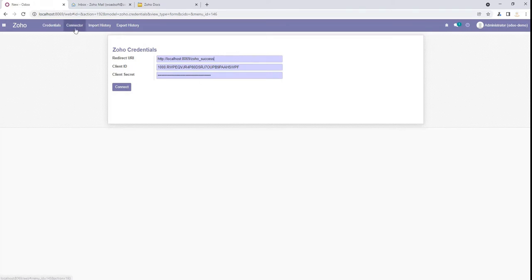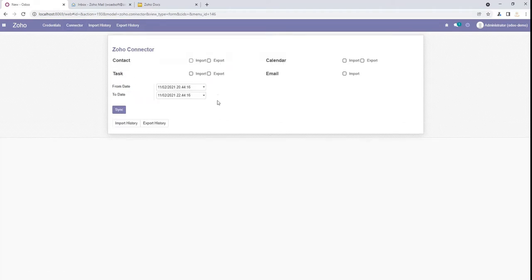Next we move to the connector menu option. We have a few menu options, or we can say some of the Zoho services that we have integrated. These services are contacts, calendar events, tasks and emails.